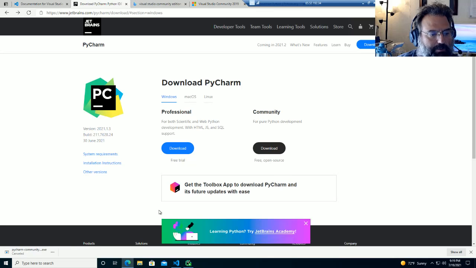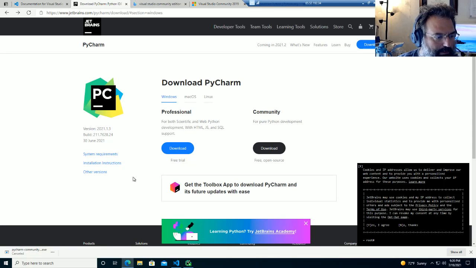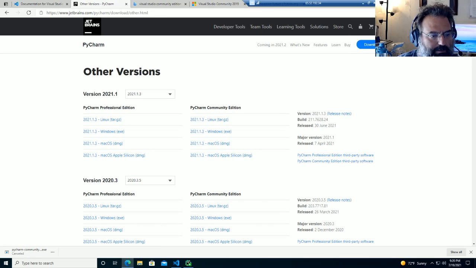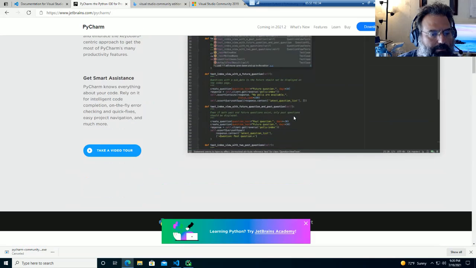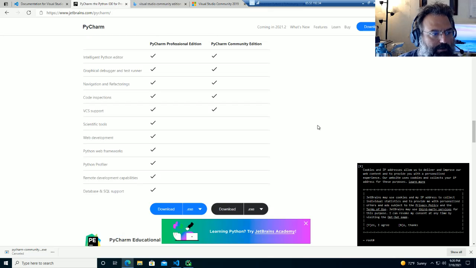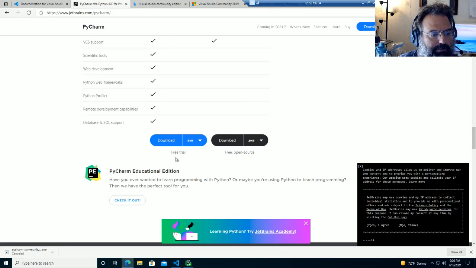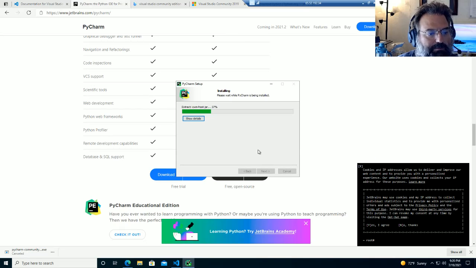Going back a page while it's doing that, to determine the licensing. Let's see, where was it at? Developer tools, PyCharm. There's usually a breakdown of what's allowed for where. If you're using it in a commercial setting, though, you start getting into some funny stuff, right? But there is also an educational edition, which happens to be the same thing as the free open source edition. So still going through the download,